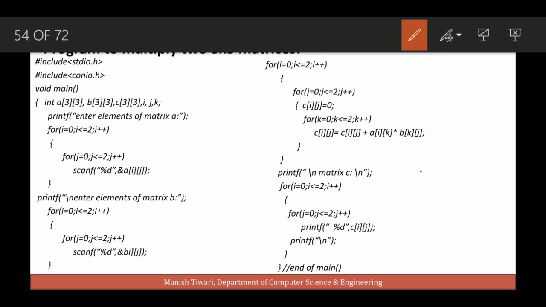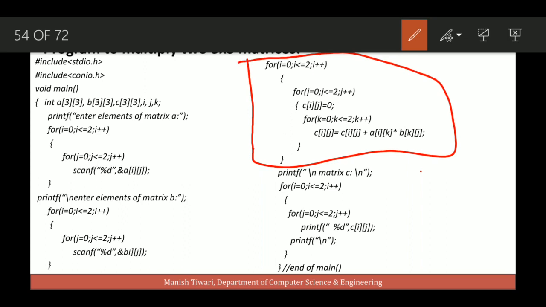So you see, this is the basic fundamental concept to calculate the matrix C, which is the product of matrix A and matrix B actually.